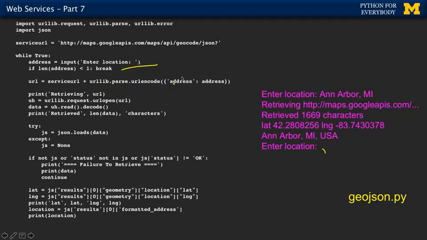This URL encode address equals address, that's the thing that turns this into the plus and this into the %2c and this into the comma, right? And so this bit right here, that's a concatenation. This bit right here, you don't have to know what those rules are for putting those parameters on, but that's what happens. And so this ends up being the URL, and then we print that out, so that says retrieving